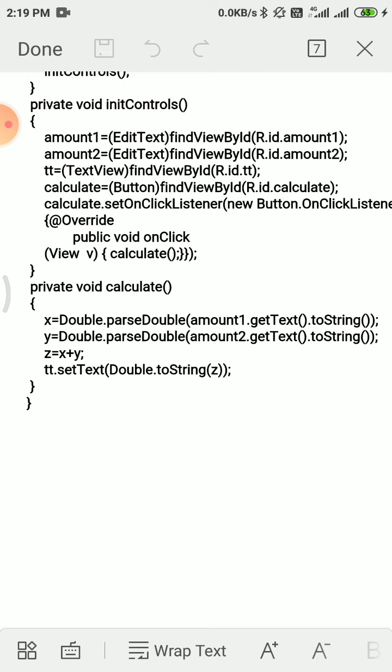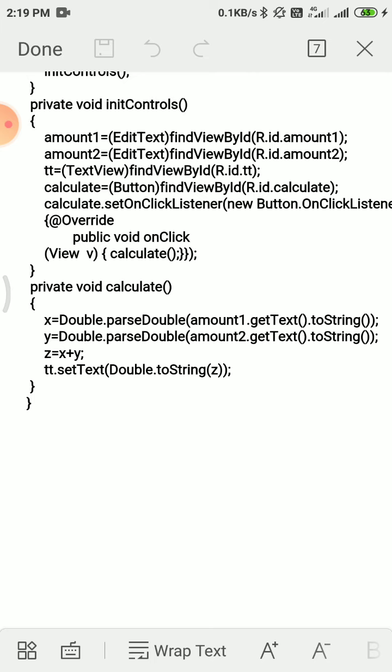Because for the addition of two numbers we require a total of three variables: x for the first number, y for the second number, and z for storing the answer. Therefore z is equal to x plus y calculates the answer. Here is the main function.